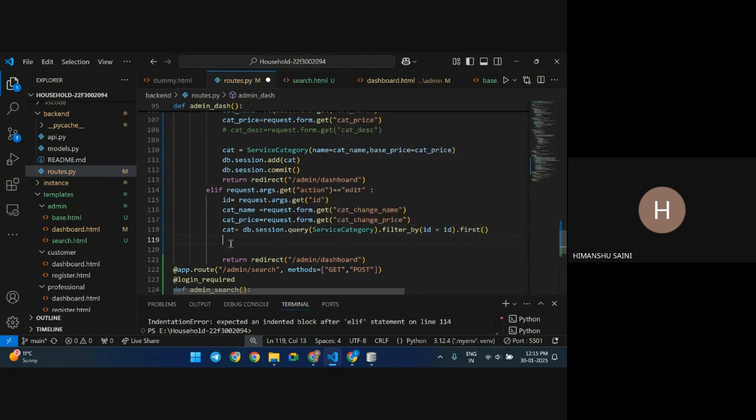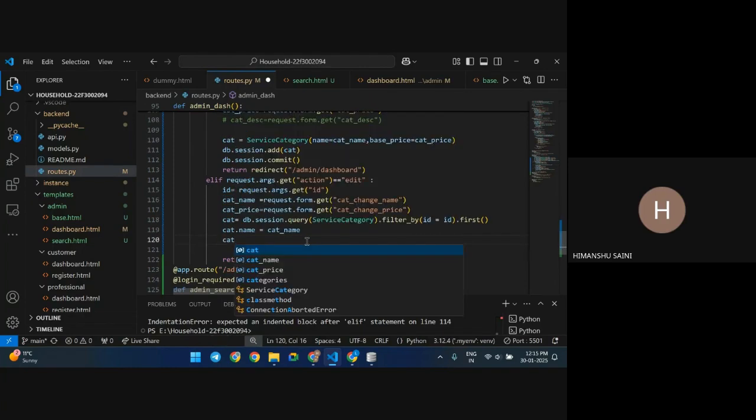So whatever ID matches, I get that record. Then cat.name: this cat will be an object and this name is the current name, right? If I print this, it will give the name of this category object. I want to reassign it with the name I'm getting from the form, right? I fetch the cat object from the database, and in the name attribute I'm reassigning it to cat name, and similarly cat.price